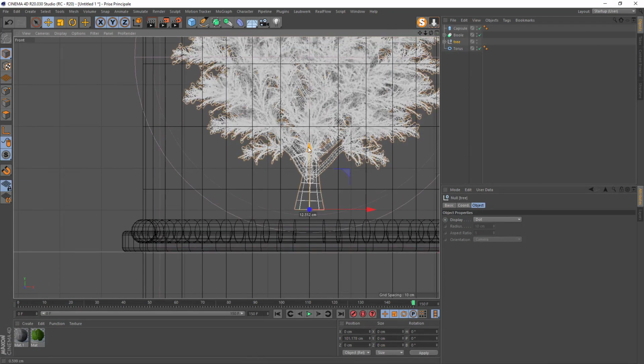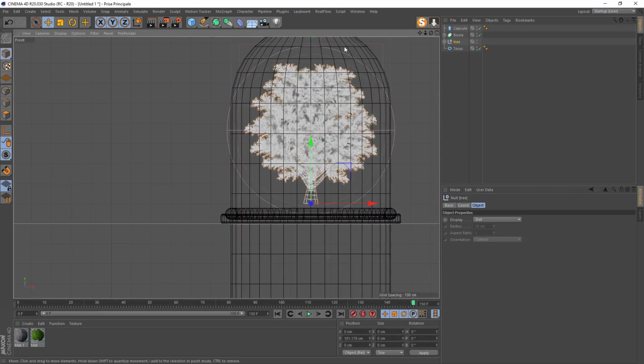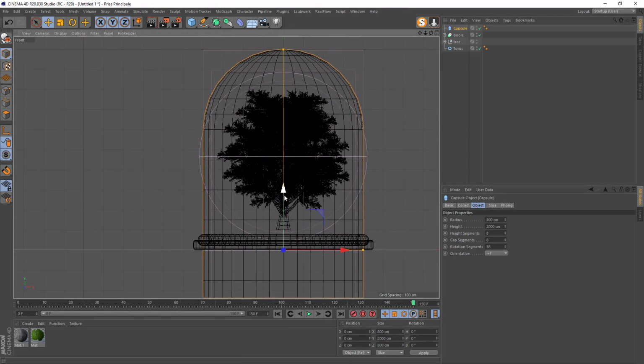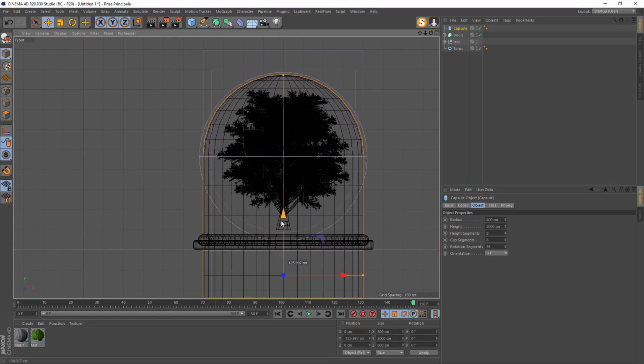So put the tree somewhere here, somewhere like that, on top of the tree, so we can see for placing the glass. So I can move it down. Yeah, maybe like that. And you see we will cut the capsule here.